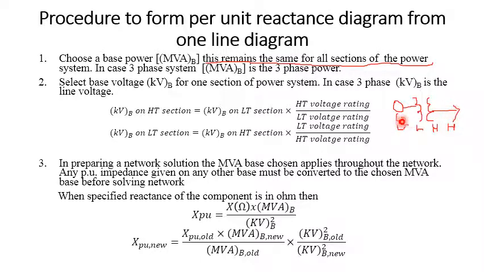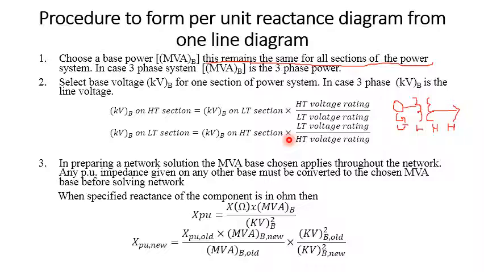So if the generator is the base, whatever the transformer rating we have, no need to think that the value they have given and what we calculate will remain the same. Okay, there might be a slight change in the values, so you have to be more cautious about it. If you're moving from the generator to the ST side, this will help you. If you're moving from the ST line to the generator, this formula will help you. Okay, this is very important.